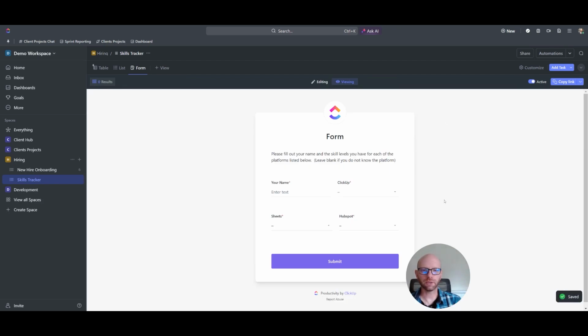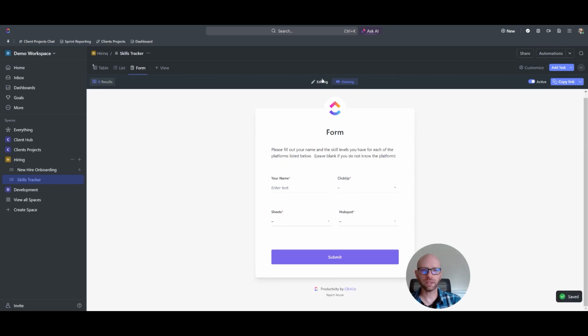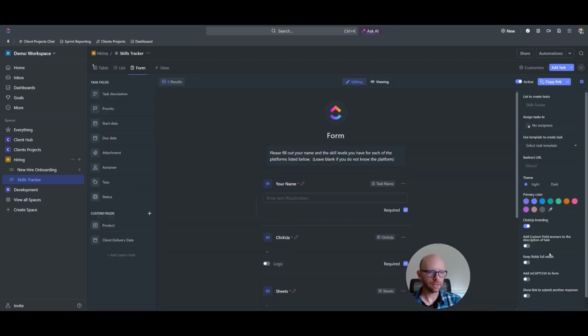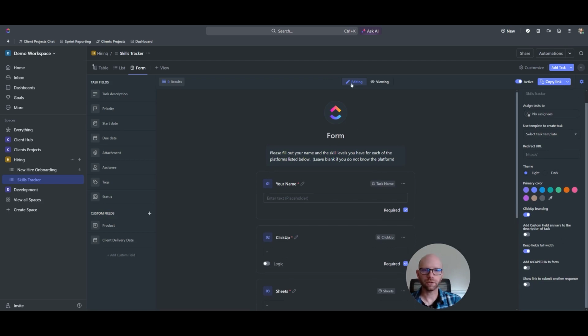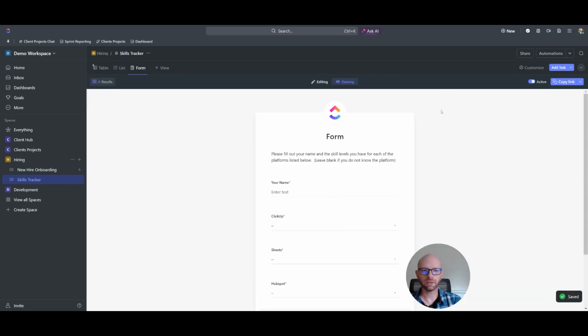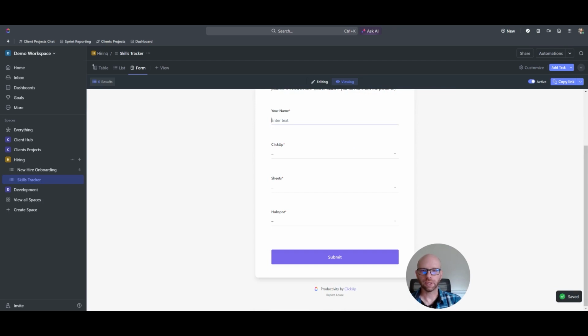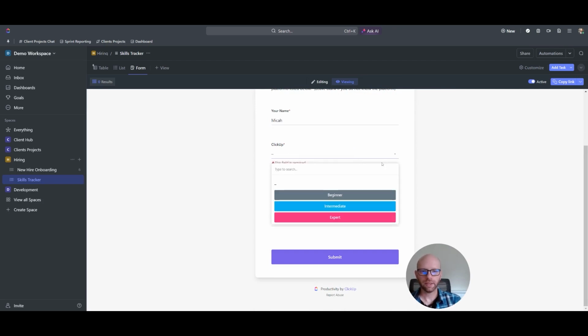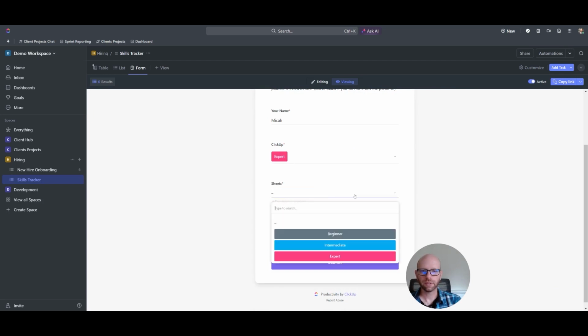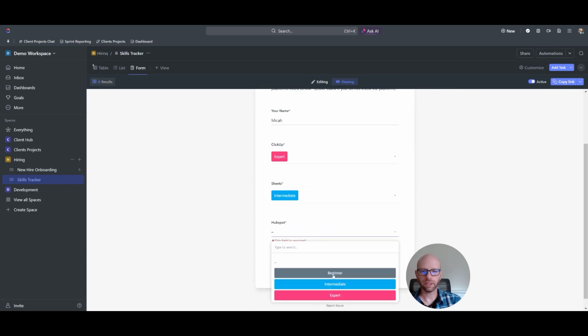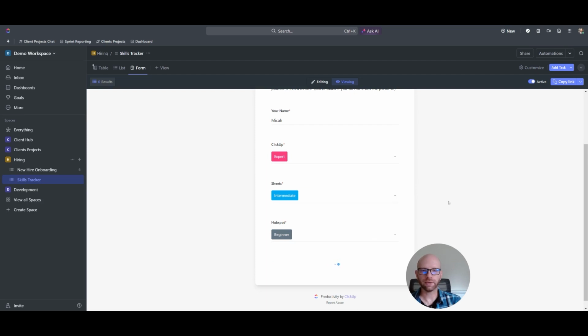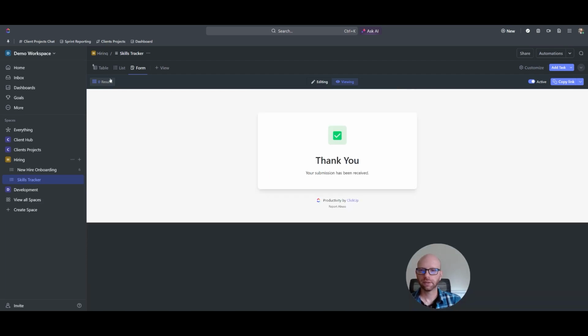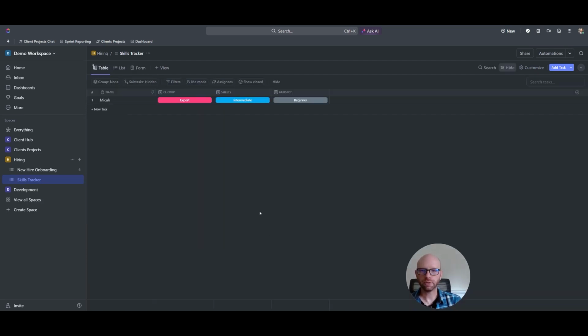So if we go into view mode, we can see, actually, we might want to say keep fields full width. So now when we go into view mode, we can see we could enter a name. I'll put my name in here, and ClickUp, Sheets, let's just say I'm intermediate, and then HubSpot a beginner. And if I submit this and go back to the table view, we now have the first person